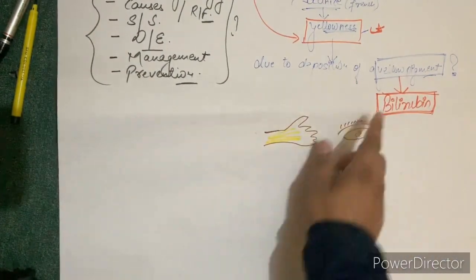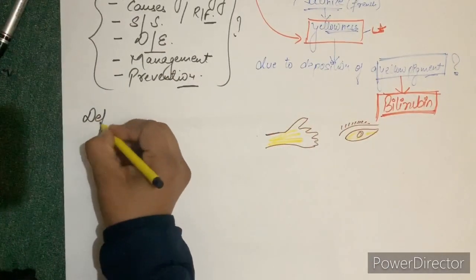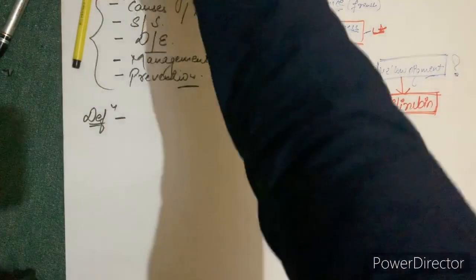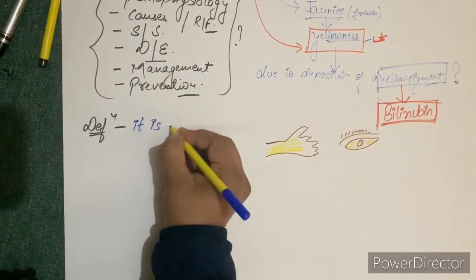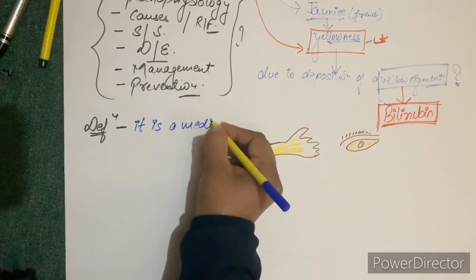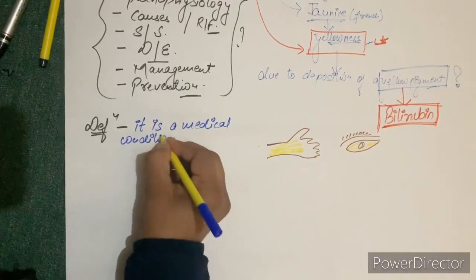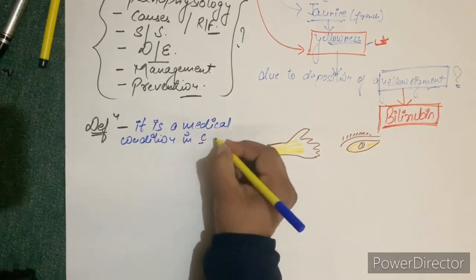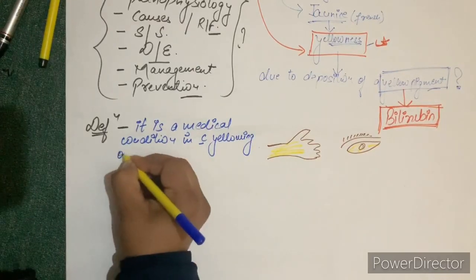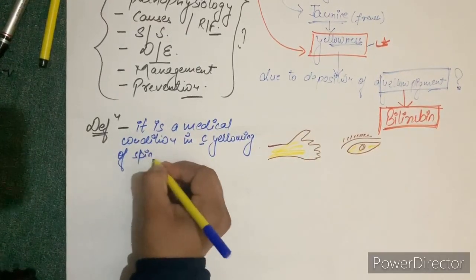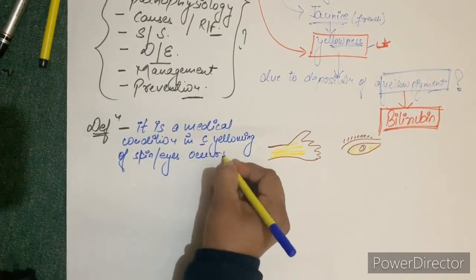So from all these things, we get a definition of jaundice. The definition is: it is a medical condition in which yellowing of the skin, or you can say the eyes, occurs